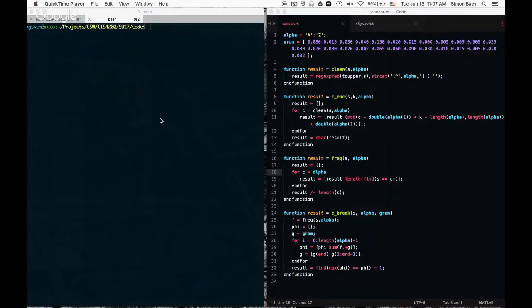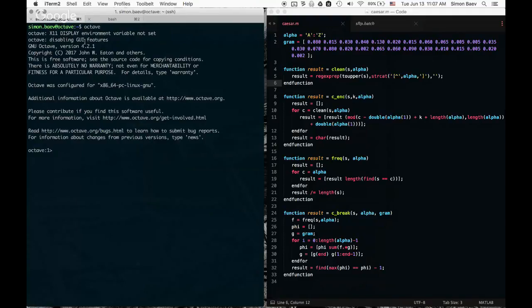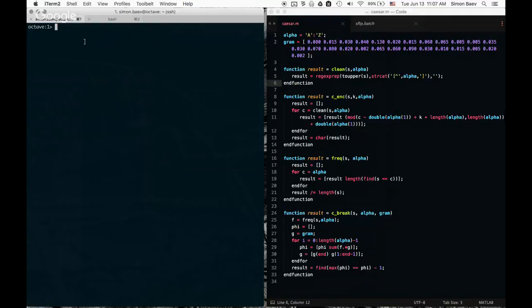Anyway, last time we stopped at the moment of looking at how the clean function works in our script. Let me just recover the state where we were last time. I'm currently logged in to the Octave server, and from the console I'm going to start Octave. My first step would be to load the Caesar script and make sure that the two